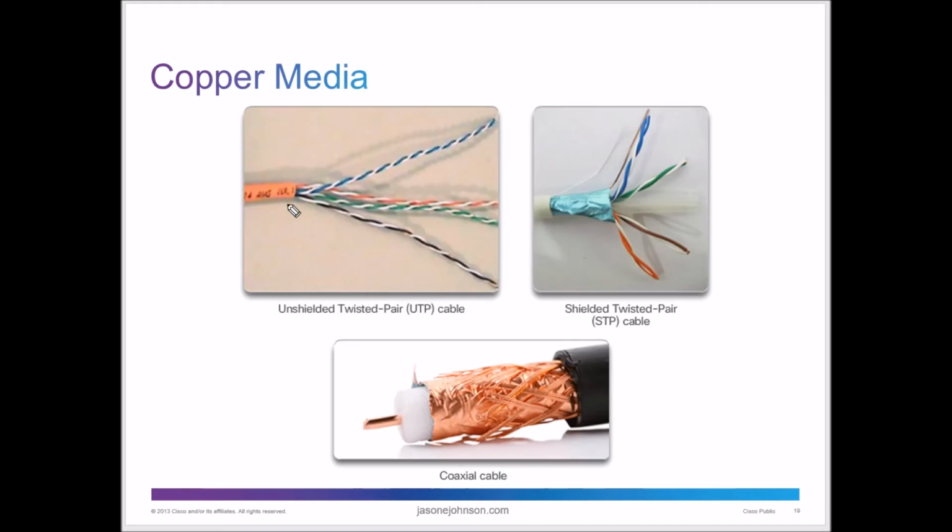Copper media is going to look similar to this. It comes in different colors: blue, green, black, yellow, orange. It comes in all different colors, and that's really just a personal preference. There are some places that will color code depending upon where you're connecting. And they'll try to sometimes put some kind of rhyme or reason to it to say, okay, all of these connections are going to be yellow cable, and all of our patch cables in the cabinet are going to be green. It's really more, when you're designing your network, just kind of a preference of how you're going to set your network up.